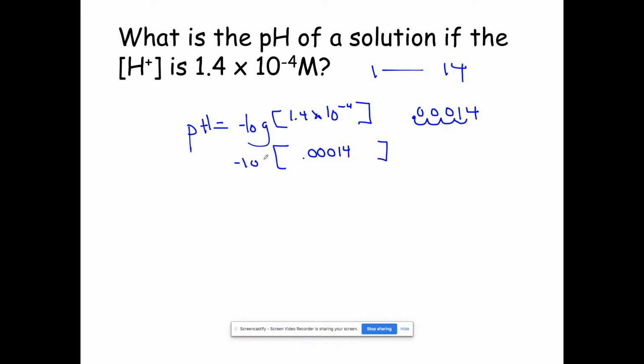Negative log. Okay, so here I am in my calculator. I'm going to put negative sign, log, and then it opens up. Now, by the way, I have a TI-30X IIS scientific calculator. Maybe you don't. Everyone's a little bit different in the order in which you would put it into your calculator, but mine just opens right up with a parentheses. So I'm going to put 0.00014 in close parentheses. I'm going to get a value